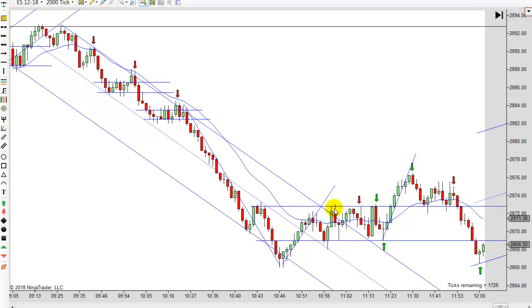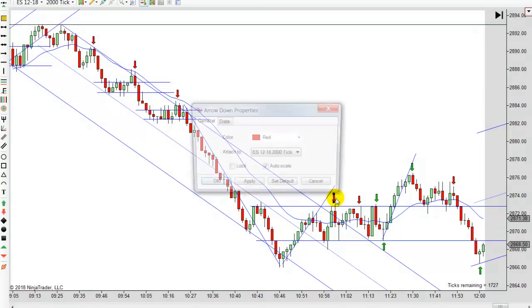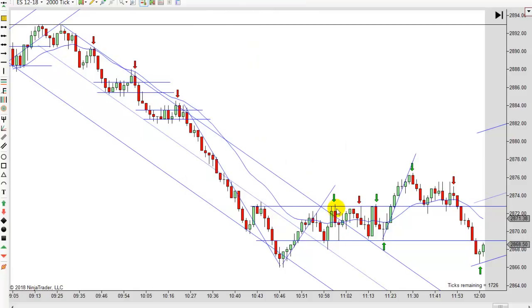I think you want to wait. It's right there at the key entry point as well. So there's some reasons to like that one. It probably should be green. I'll mark it green. But I was just a little leery of it,